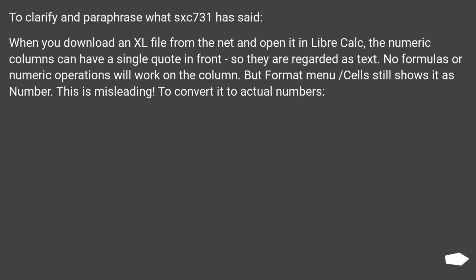To clarify and paraphrase what SXC731 has said. When you download an Excel file from the net and open it in LibreCalc, the numeric columns can have a single quote in front, so they are regarded as text. No formulas or numeric operations will work on the column. But Format menu, Cells still shows it as number. This is misleading. To convert it to actual numbers,